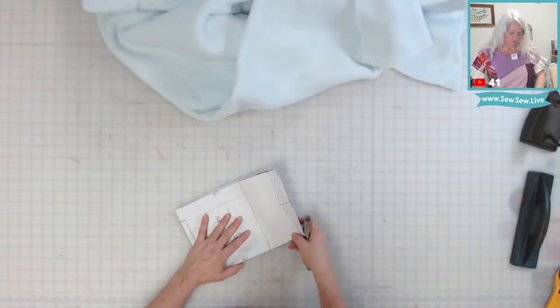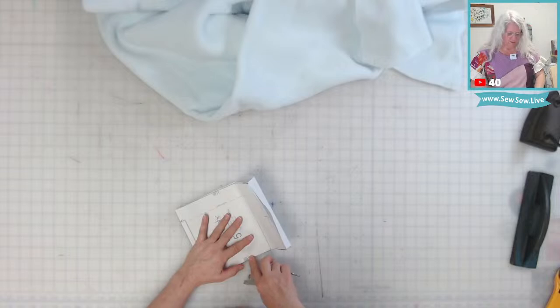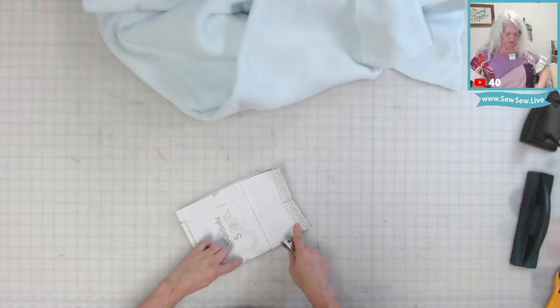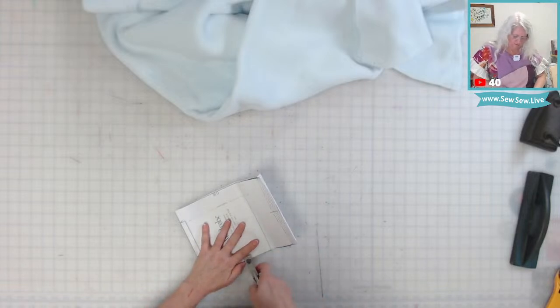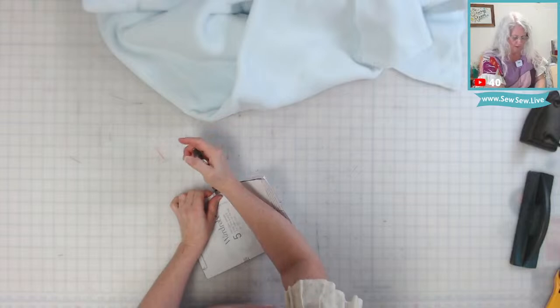I'm not notching this because I'm not sure which notch it is. It should be this one, but I'm not quite sure which one it is. Because this would be the narrower neck. Yeah, we're going to throw caution to the wind, and we're going to do this furthest forward one. So